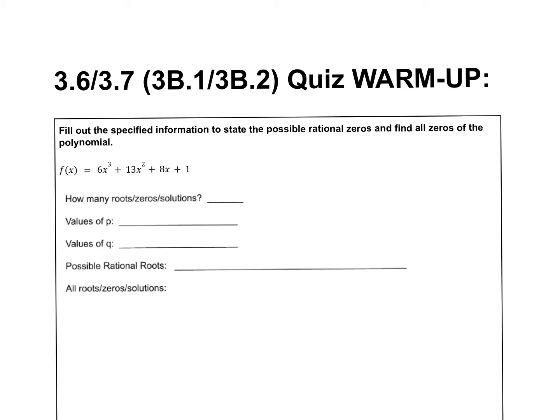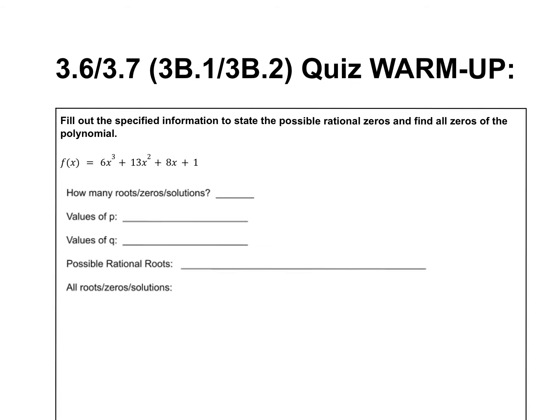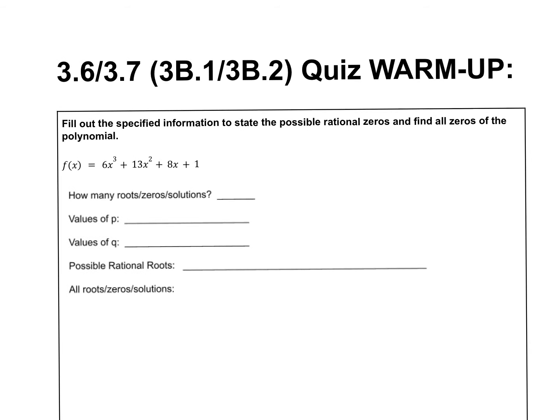polynomial. Okay, so first question is how many solutions? How many roots or zeros? We know that those are all synonyms, okay? So if we look, the highest exponent in this polynomial is a 3, which means that we will have 3,